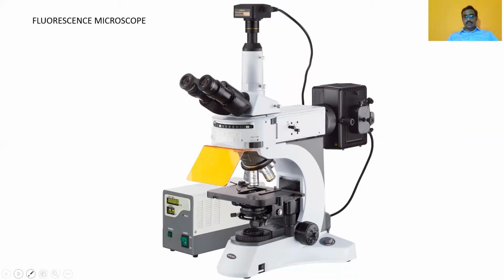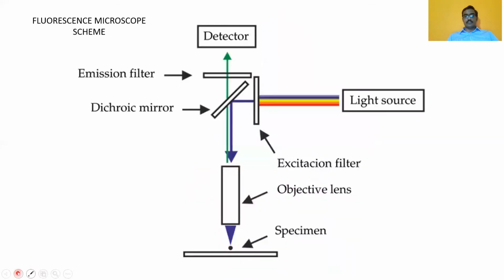So this is the usual structure of a fluorescence microscope. So what happens in a fluorescence microscope? Like we just saw, a light source is here. Okay, up to here is your light source. So a xenon lamp with a filter which can only filter out your UV light, pure high efficiency UV light. It's a high energy UV light which is